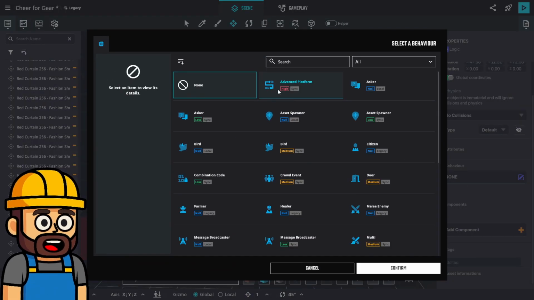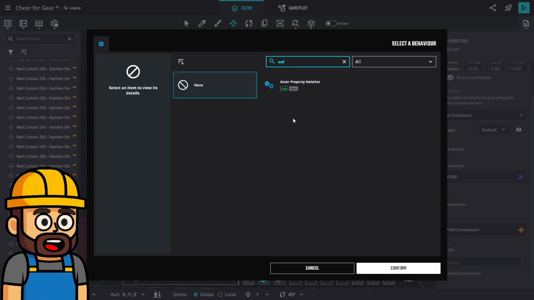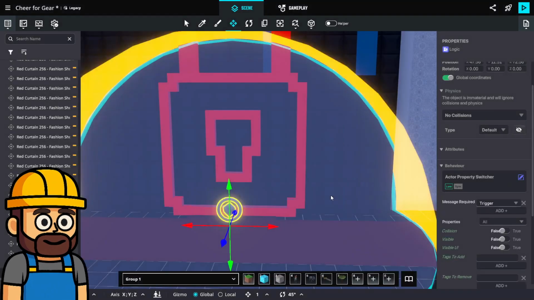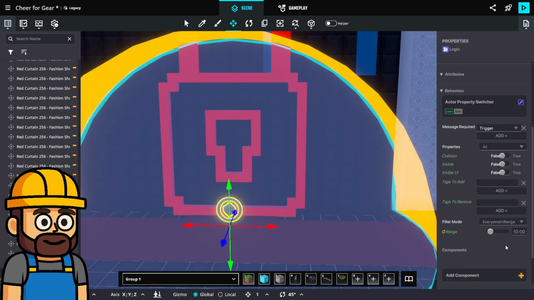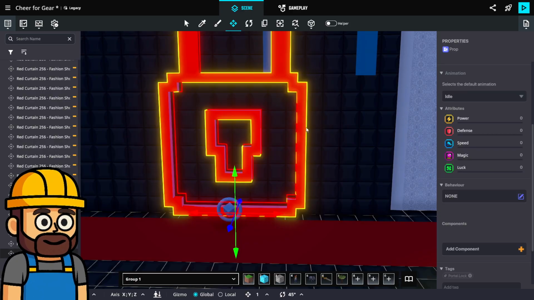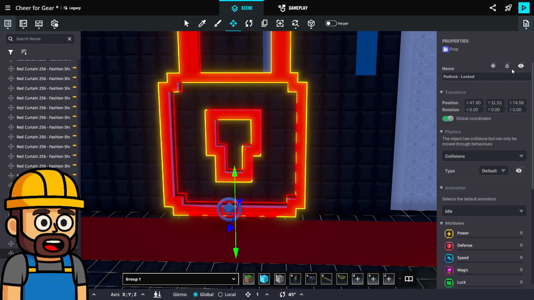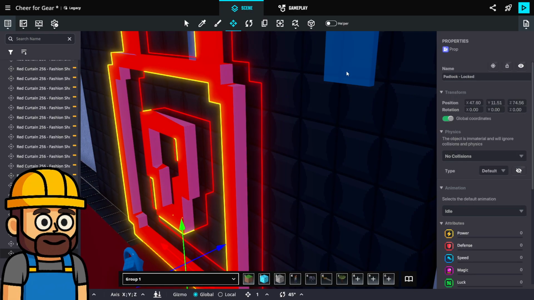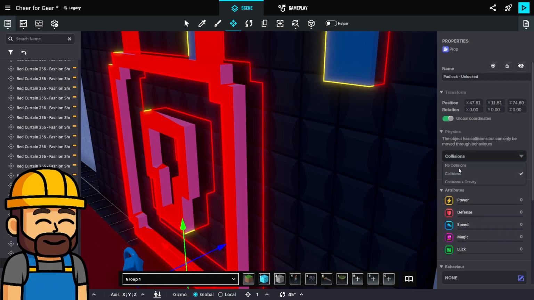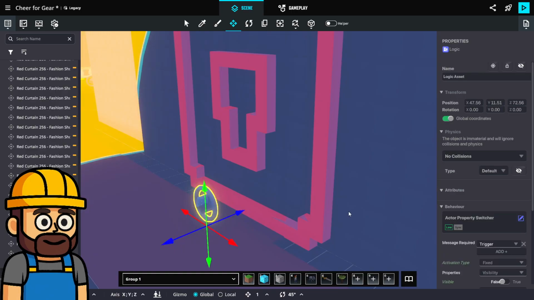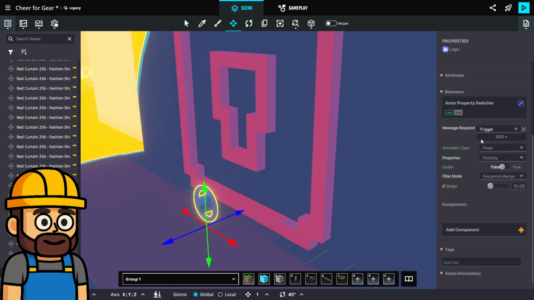And so we're going to need a behavior called actor property switcher. This is just looking to do visibility stuff. I don't want to have collisions on these. Message required.